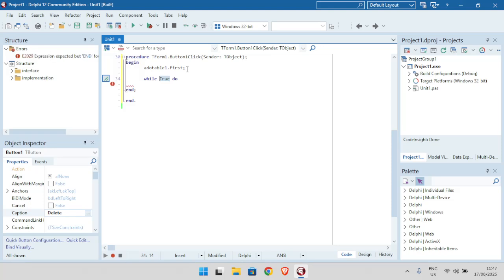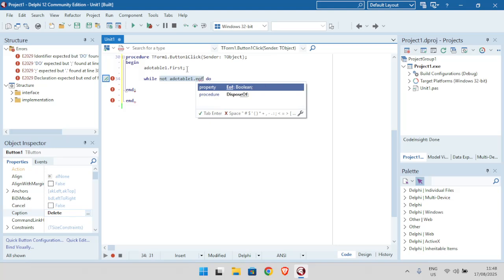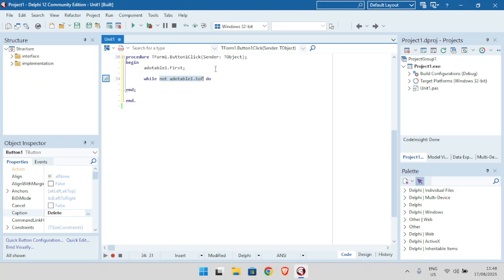So I'm going to say while not ADOTable1.EndOfFile. Okay, so while we are not at the end of the file, we want to continue. Okay, so now I need to test